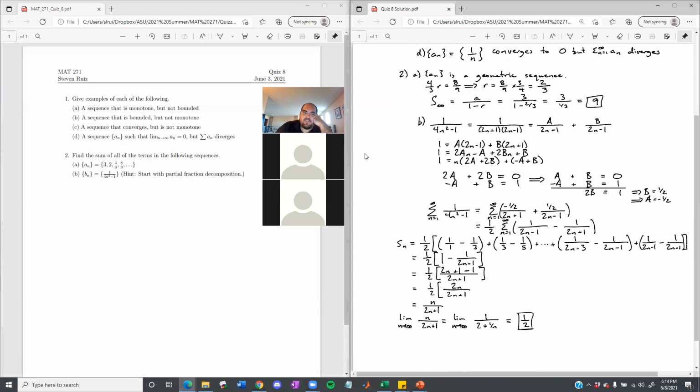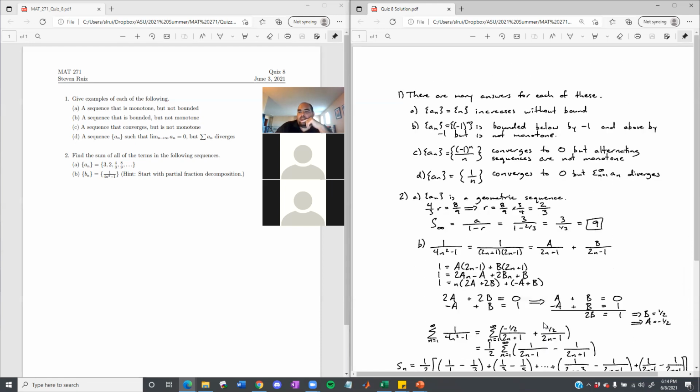You have to go through the partial fractions, which I gave the hint to do. And then if you do that, you'll get what we call a telescoping series, where really all that ends up mattering is the first term, because basically the subsequent terms annihilate each other. So all you're left with is the very first term, which is 1/2. So I wanted to go over those. First of all, before I go any further with this, does anybody have any questions about anything on that quiz?